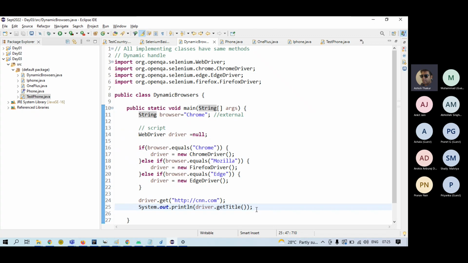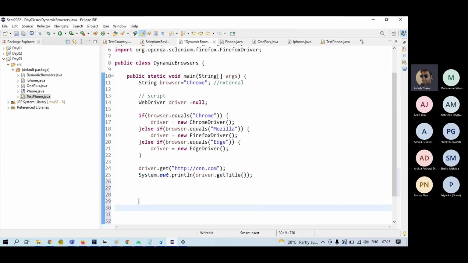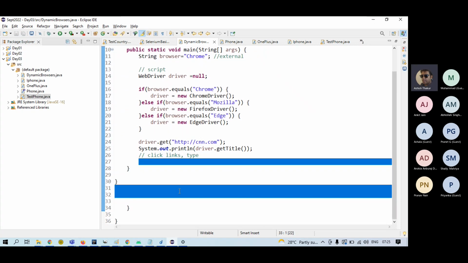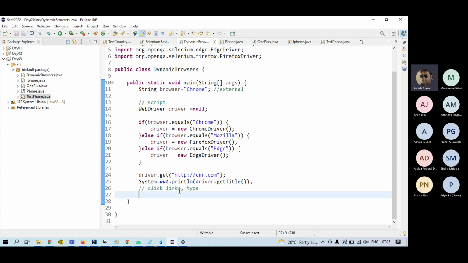Okay. Now, if you have to interact with the components of the web page over here, you have to click on the links. You have to type in the text fields and all different things. How do you do that? I'll come over to that. But before that, in Java, there is one more very important concept which I need to tell you. It is the concept of